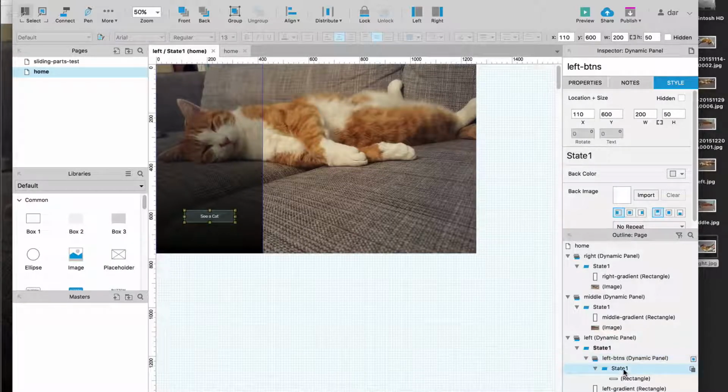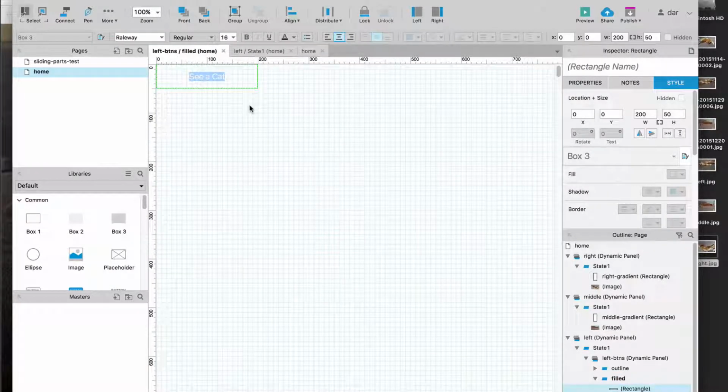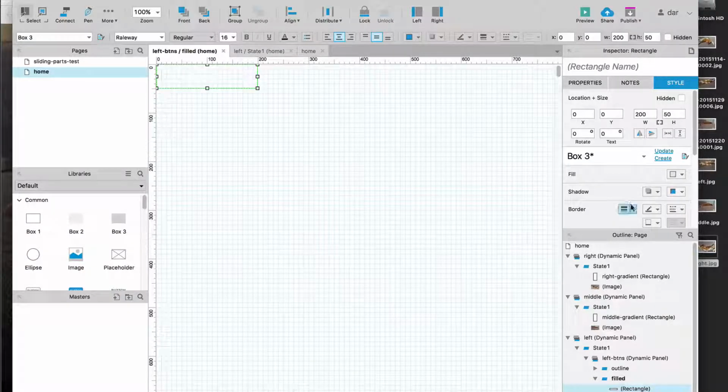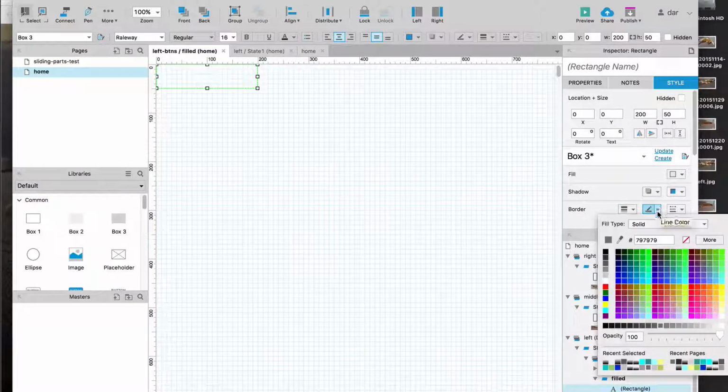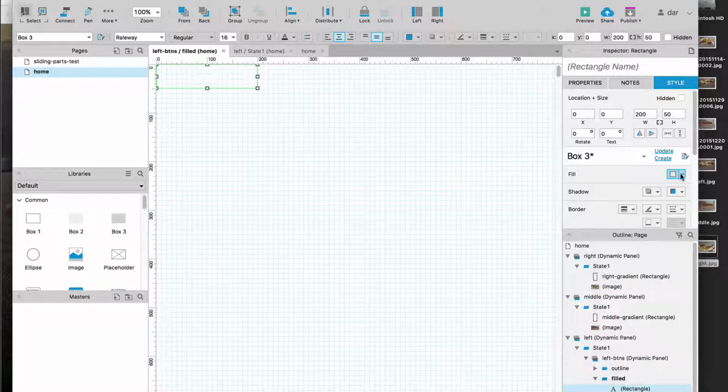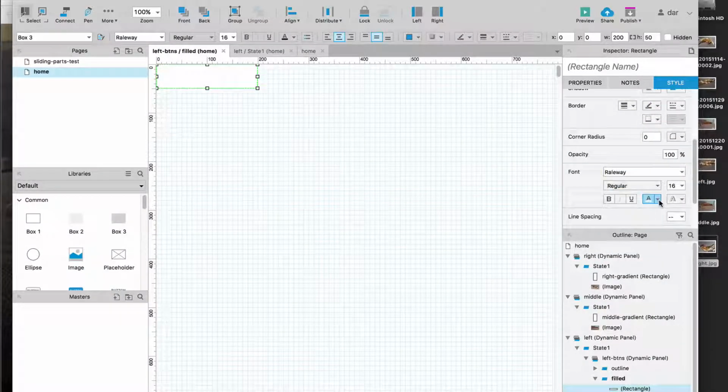and this state here is our outline. And now you want to duplicate this by hitting this button here, and we say our filled. Copy this, and this time we want to remove actually our border here, go with a solid background, and